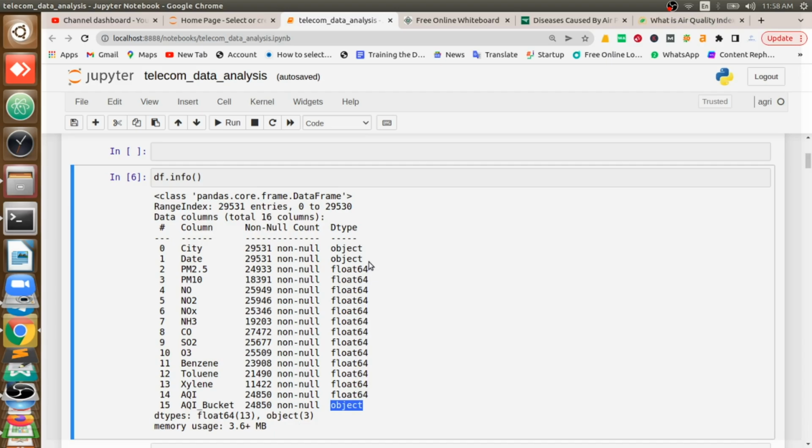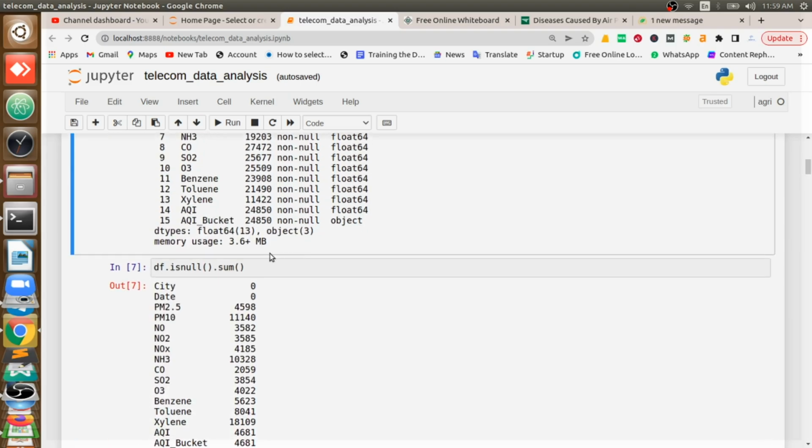Why should we know the data type? Sometimes even NOx, which has integer or float values in the column, will be read as object, which is wrong. In that case we should convert that into float, so we need to check it here itself. And the columns that are in object format, we should convert into numerical using some techniques, that we will see in the video. Why do we need to do that? Because we can't feed object type data to any machine learning or deep learning models. So first we need to convert whatever object data we have to numerical data as a part of the pre-processing step.